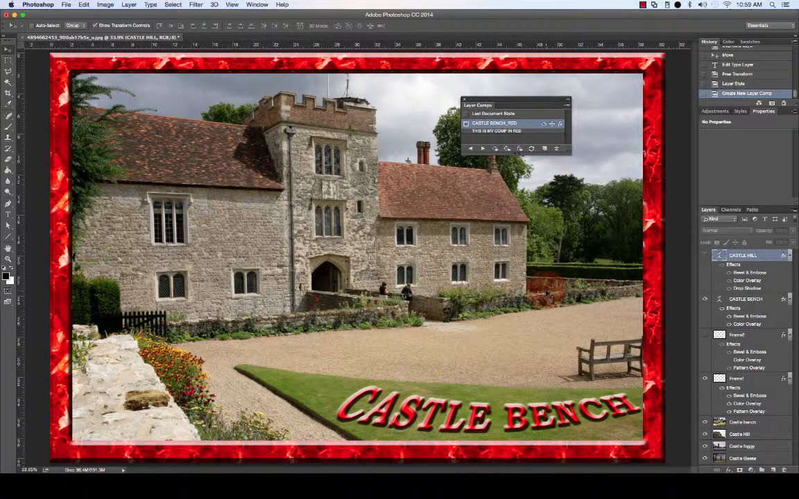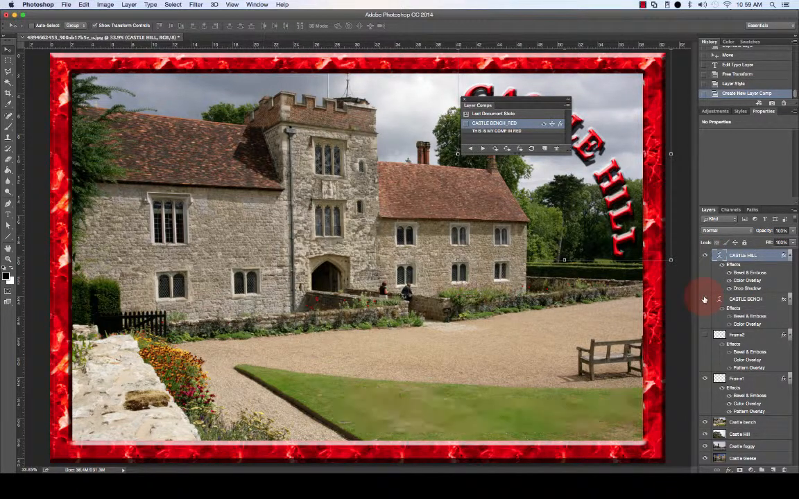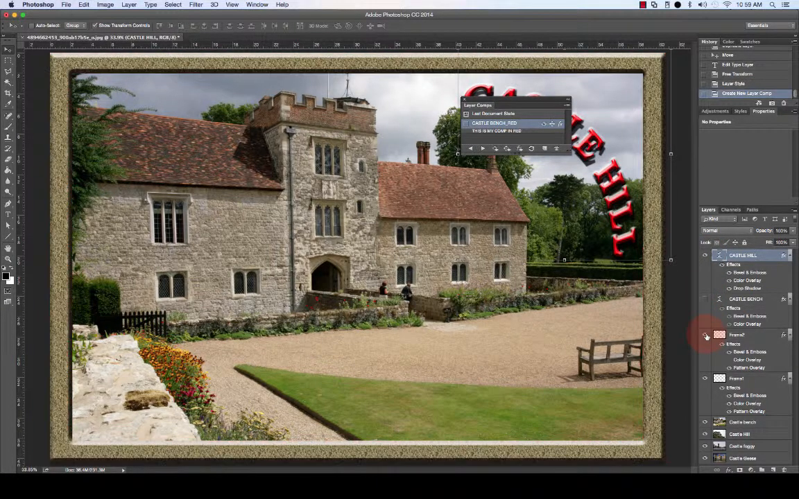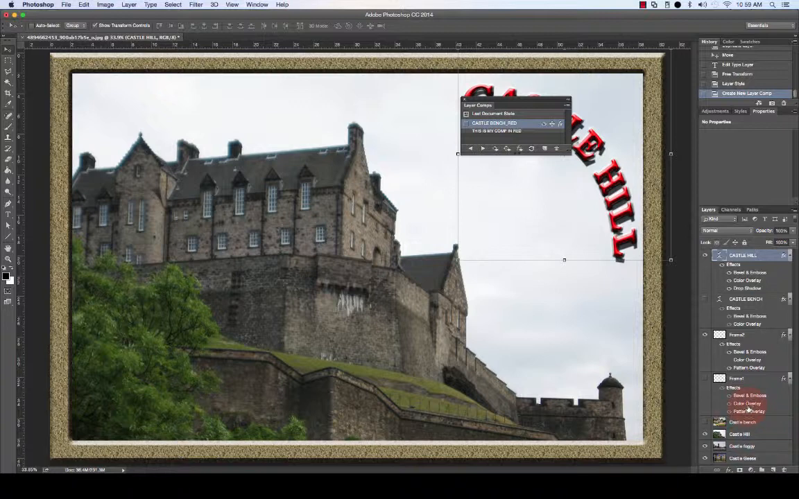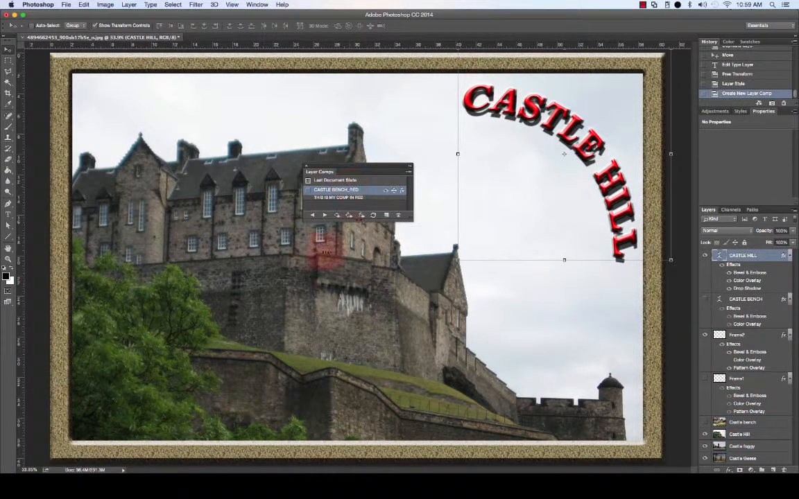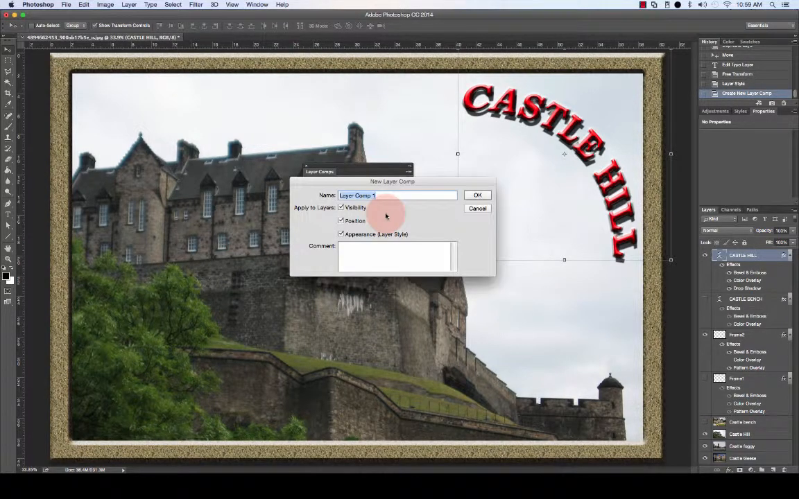So now let's do the other one that we just did, Castle Hill. I'm going to turn on Castle Hill. I'm going to turn off Castle Bench. I'm going to turn the frame back on, turn that frame off, turn off Castle Bench, and we have Castle Hill. So again, just like we did before, I'm going to create a new layer comp, and we'll call this one